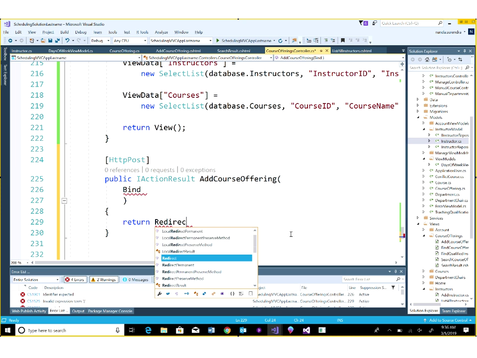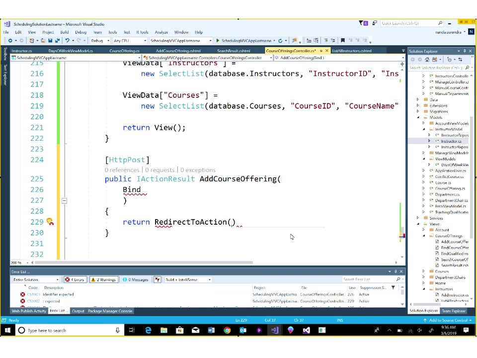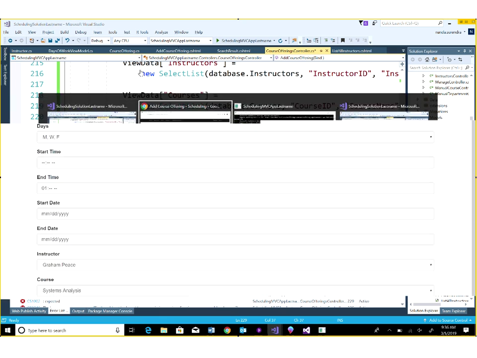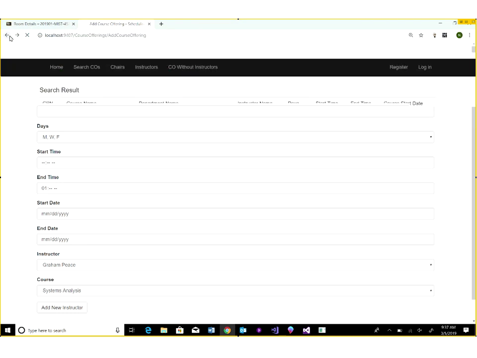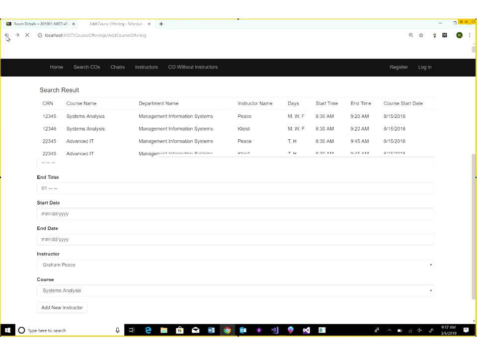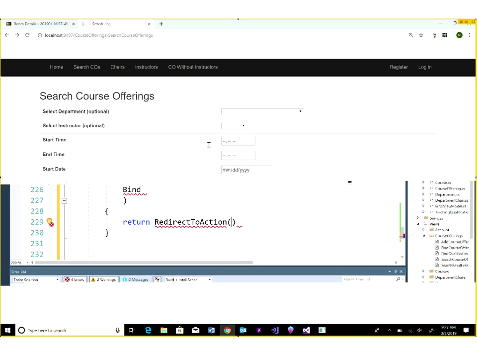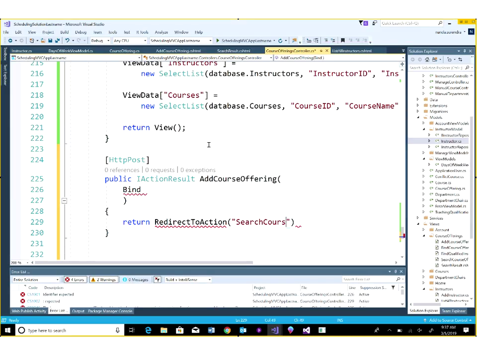What is the view that I want to redirect it to? Redirect to action. What am I redirecting? Where did we start before this? We went to search course offerings, plural, so search course offerings. Now I'm going to bind